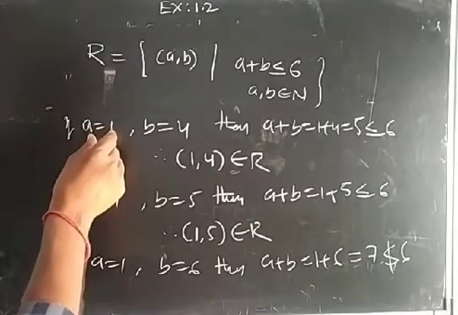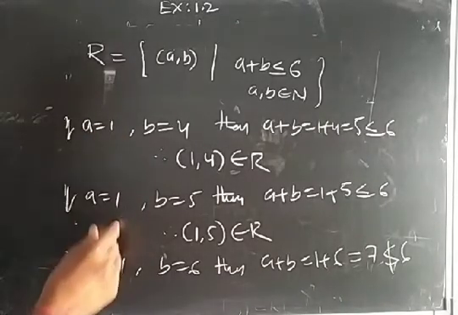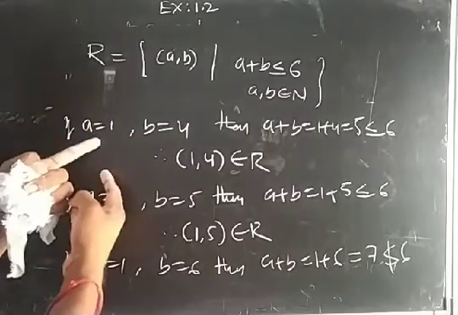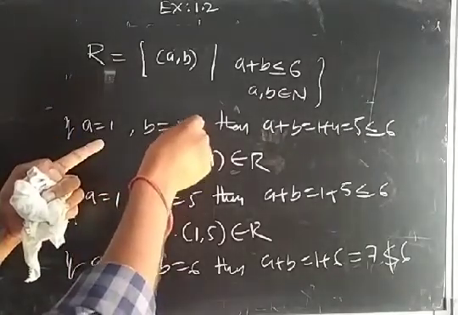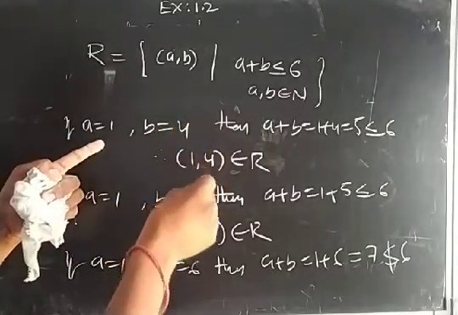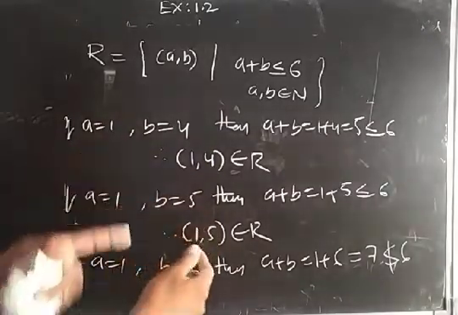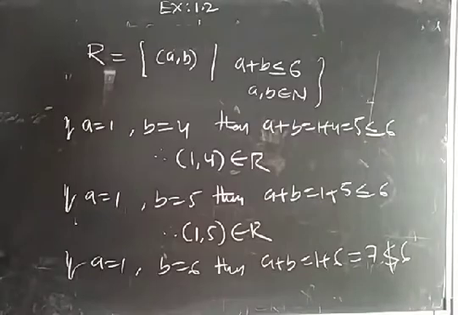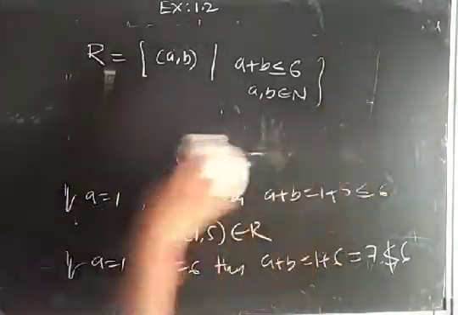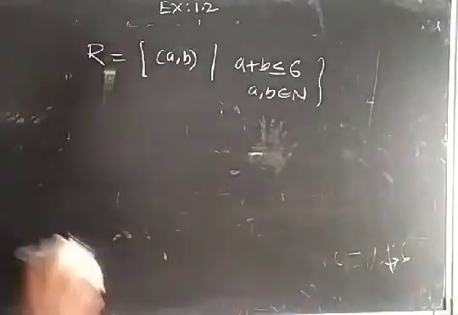So here, I am keeping the A value fixed. If I change A equal to 2, again B value you can take from 1, 2, 3, 4, up to 4 only is possible. If you take 5, 2 plus 5 is again greater than 6, so it will not satisfy the condition. Okay, so how many ordered pairs did I get?